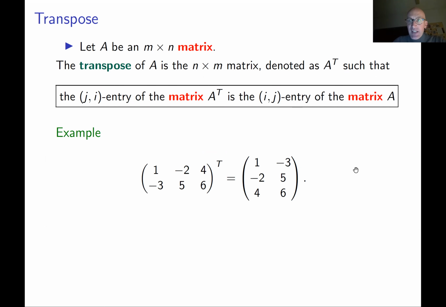Okay. This is very handy. Sometimes it's very useful to swap from rows to columns, and you can do this by transposing the matrix. This is absolutely standard notation in every book that uses matrices. You can see the transpose of at least one matrix. This is just a rule.